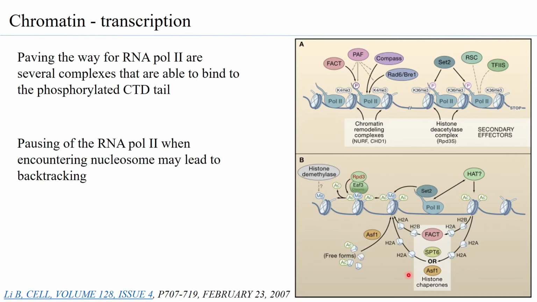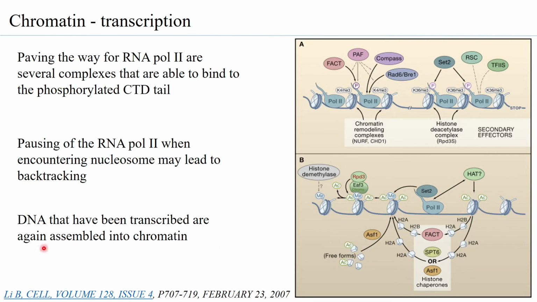So these are just looking at how acetylation and histone eviction are responsible for ensuring that RNA polymerase 2 is able to elongate transcription properly. And it is interesting to know that once the DNA has been transcribed, so RNA pol 2 has transcribed the DNA, then those portions that were open will again get reassembled, because we know that histone chaperones are responsible for assembly as well as disassembly of the nucleosome on the DNA.